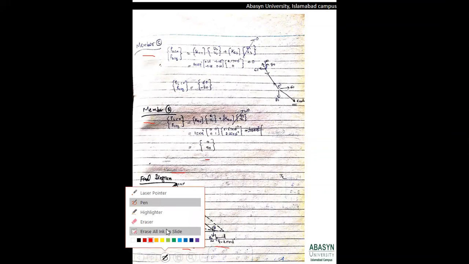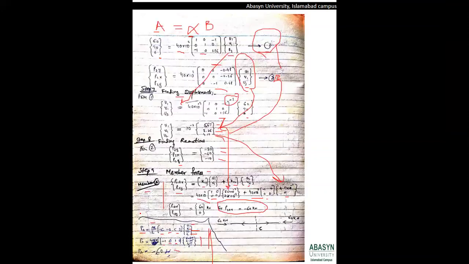So let's have a quick recap of what we did in this question. First you need to identify the number of nodes and the number of members, and number them in ascending order, and number the members in alphabetical order, and decide your axis, because your axis indicates the location of theta, that is whether you are going to have a positive angle or a negative angle.